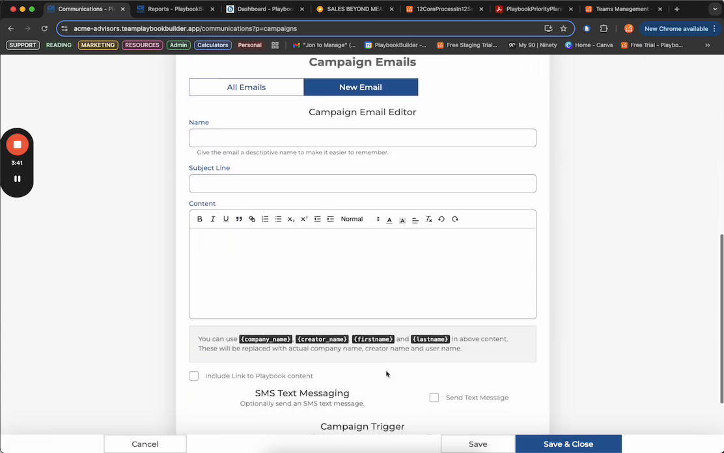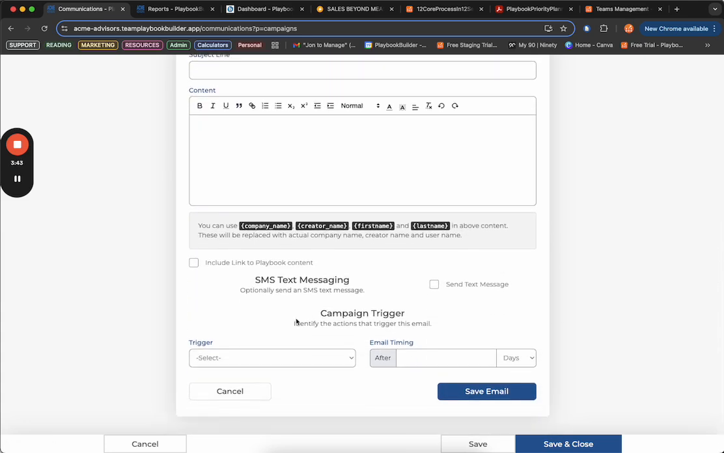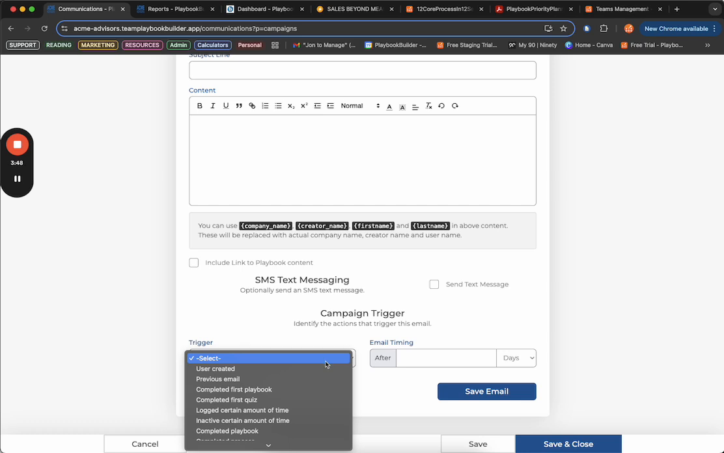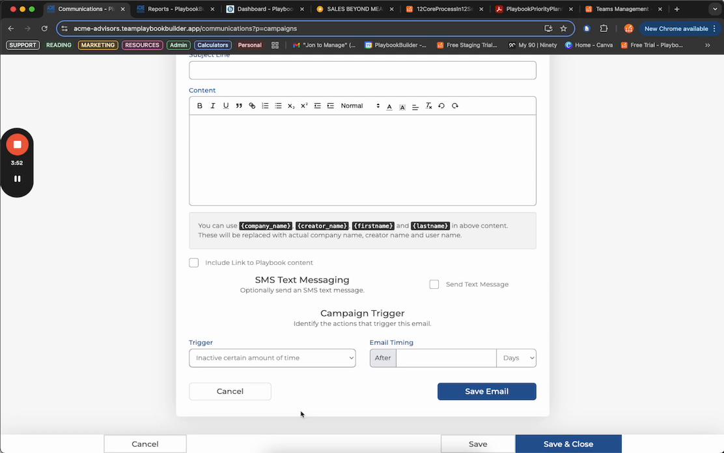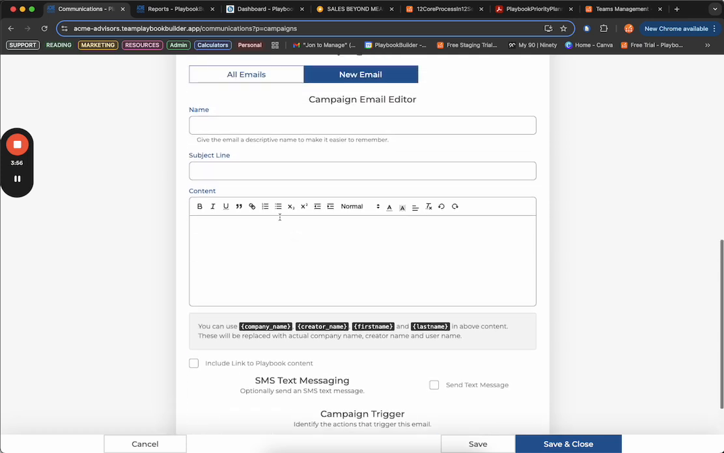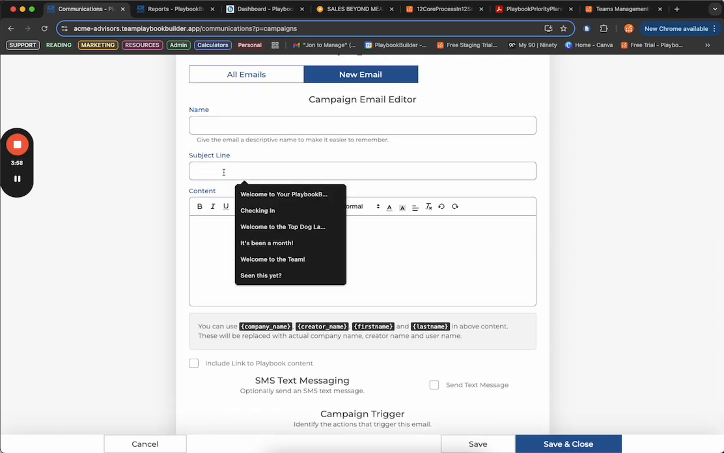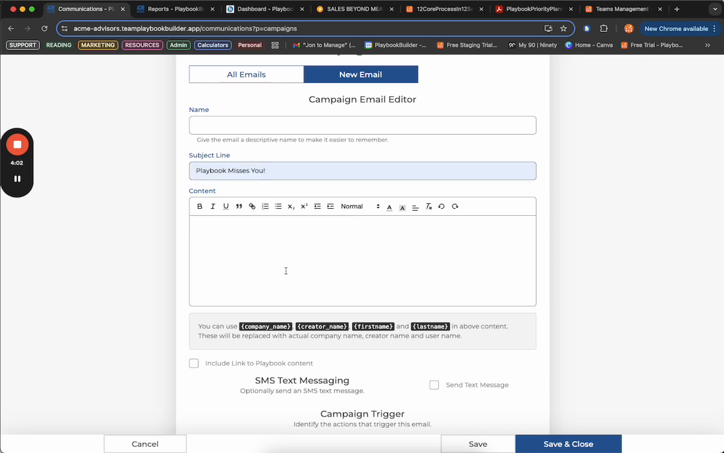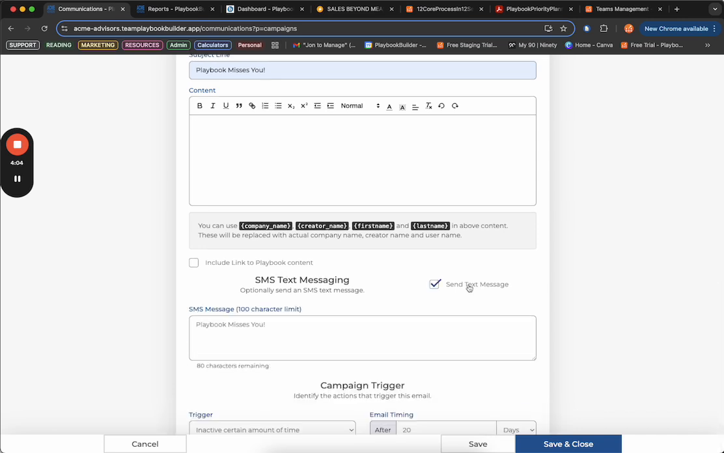And I'll create a new email. And I'll get all the way down here just to show you. You know how to do the rest. The trigger. And in this case, the trigger is inactive for a certain amount of time. I can say, hey, this person hasn't logged in 20 days, and then they get a, Playbook misses you. There we go. Playbook misses you email that shows up in their inbox, or I can send them a text